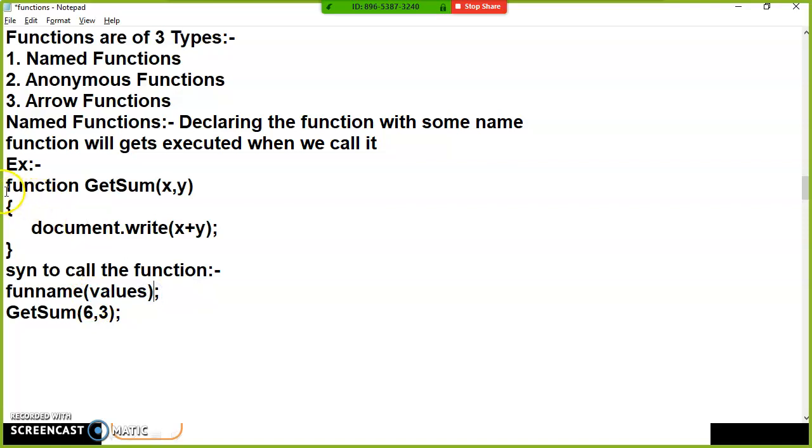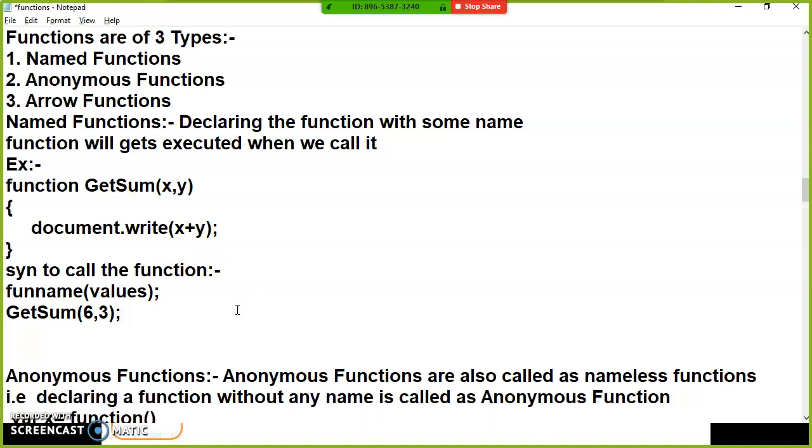This is the declaration of the function, and this is the calling of the function. At the time of calling, we are passing two input values, 6 and 3. So x is 6, y is 3, and 6 plus 3 is 9. But both pieces of code you have to write inside the script tag only. This is what we discussed in the last class about named functions.